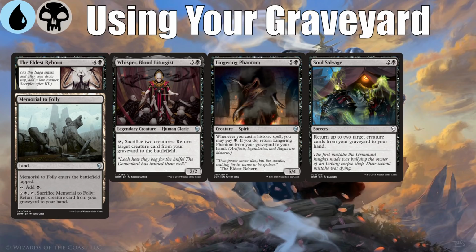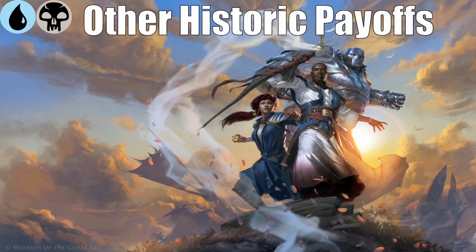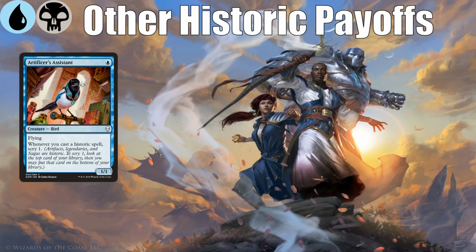There are other historic payoffs in blue-black. So this deck, I think, is first and foremost a historic deck, and secondarily, it's a deck that can do some graveyard shenanigans. So some of the historic payoffs, some of which we've already seen, are things like Artificer's Assistant, which lets you scry,